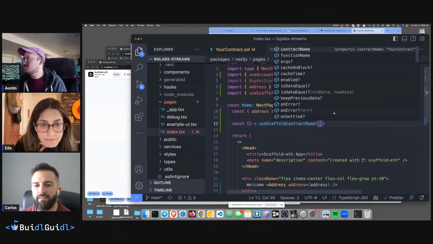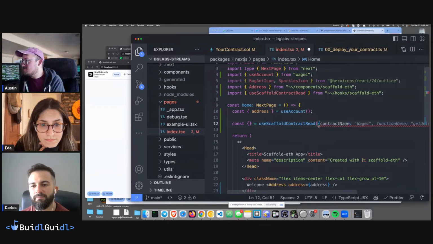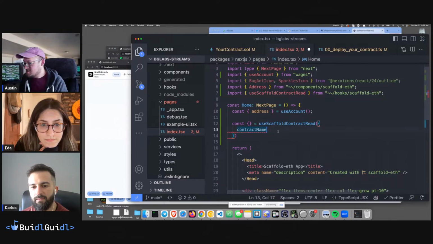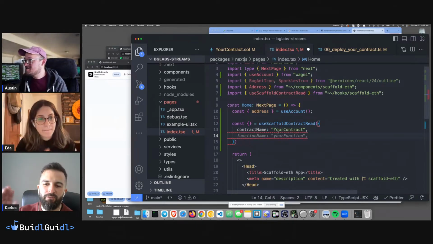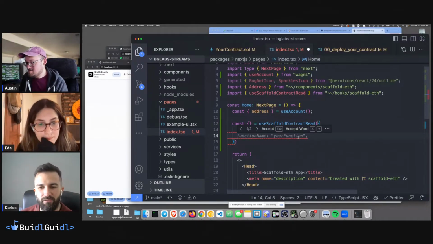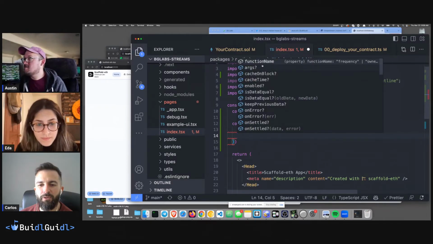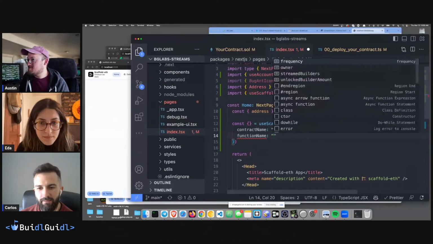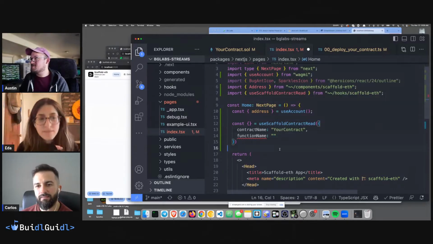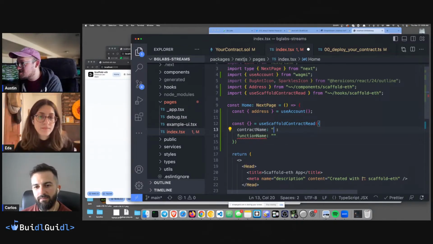And then you can do, yes. There we go. Okay, so we're going to do contractName equals, I think it's called YourContract. You can do auto completion also if you want, and then do functionName. Let me show that off again.